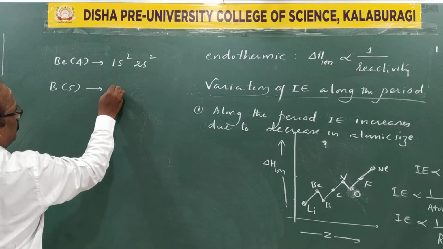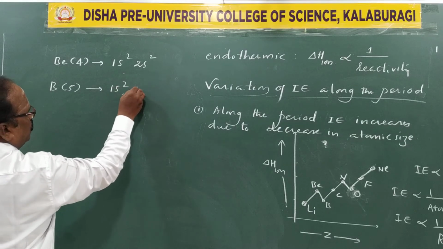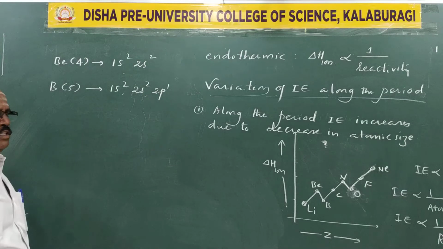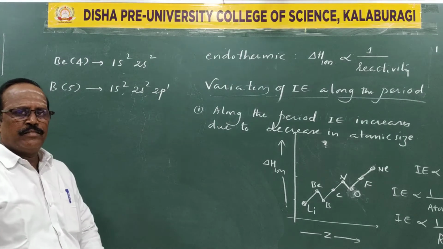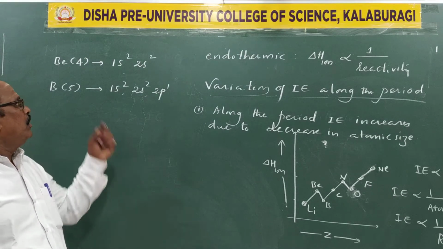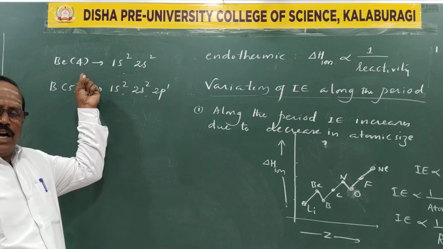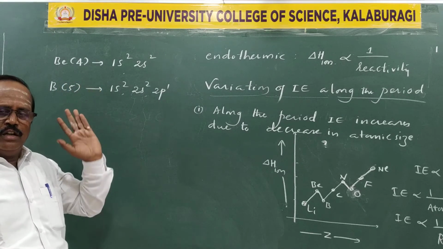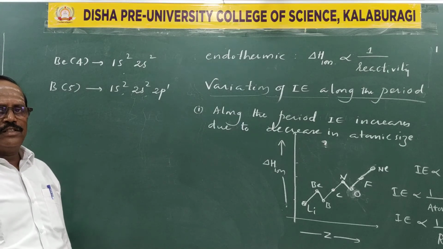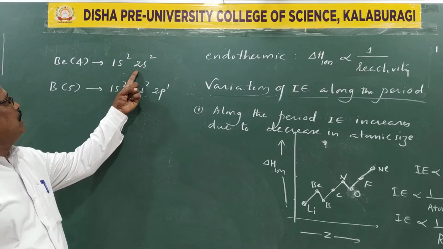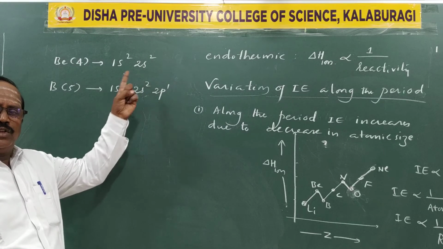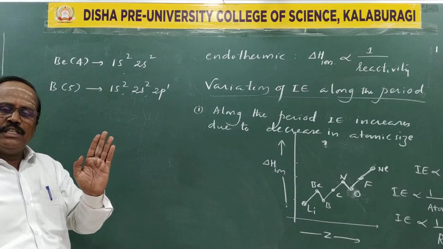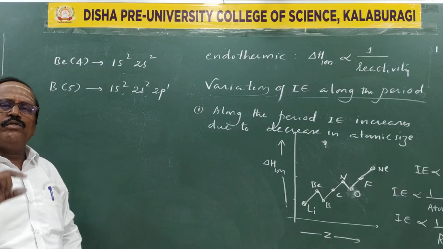We write it as 1s2, 2s2, 2p1. See, the reason we have to give why the ionization energy of beryllium is more than boron. Answer: since in beryllium the 2s electrons are more penetrated towards the nucleus, and that 2s is fully filled